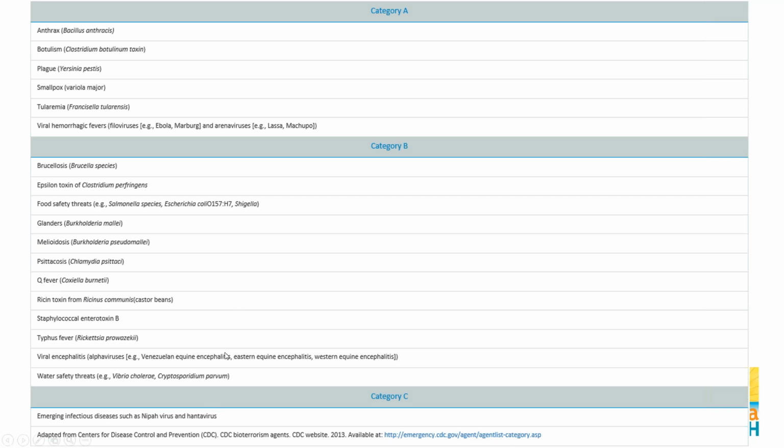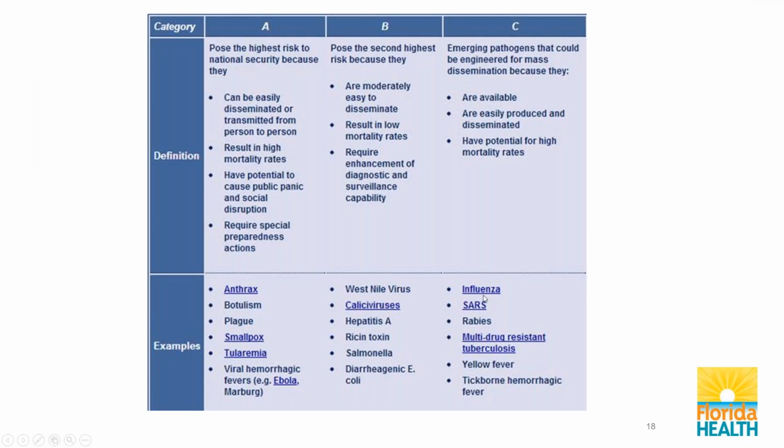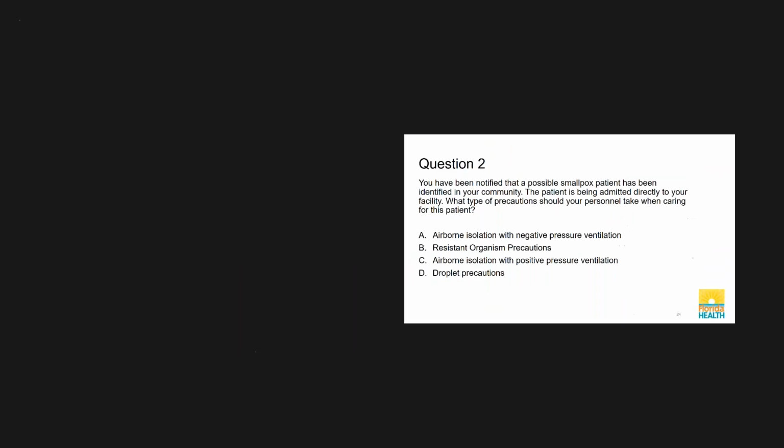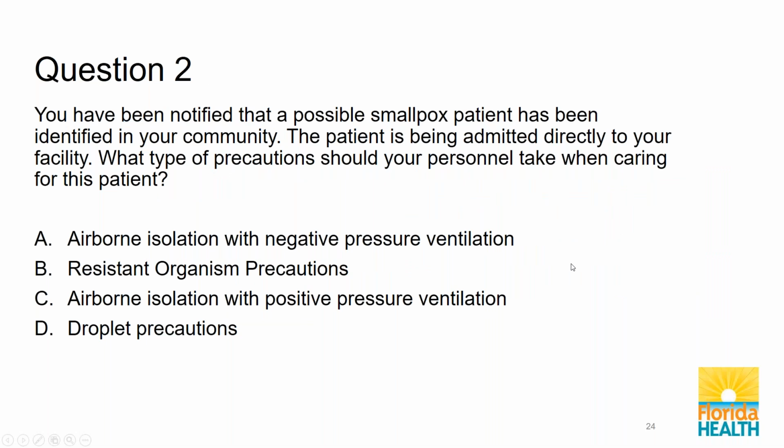SARS, I think it's a category C. Yeah, see, category C. So like I said, they don't necessarily want to make sure that you know all of these percentages and that you have this information memorized. They want you to use the information that you know. So when you're answering these questions, ask yourselves, what do I know about these diseases and their pathology,